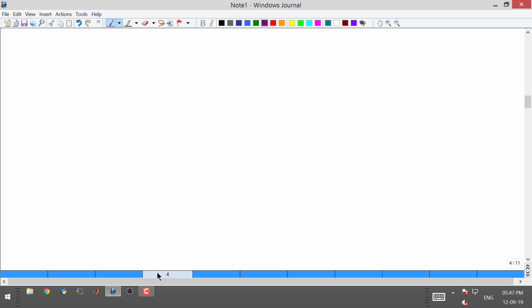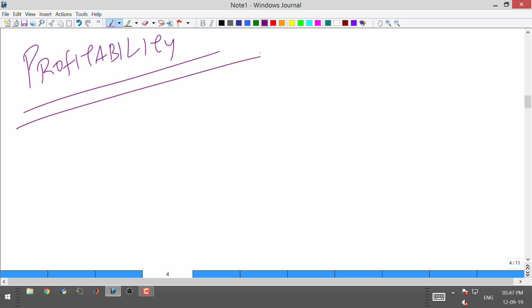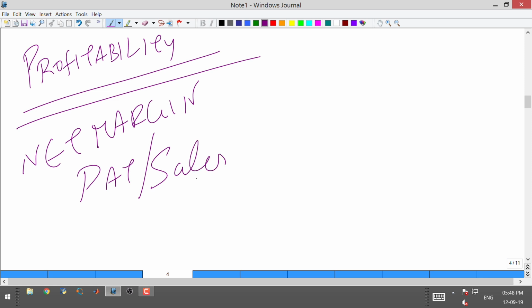Beyond this, we move to the next stage, what we typically call profitability. Measuring profitability. When we measure profitability, first and foremost we measure net margin. That is nothing but my profit after tax to my sales. If I have to take this net margin, my net income for 2017-2018 is 82,118, my sales is